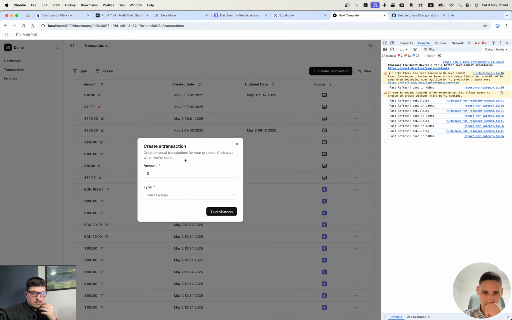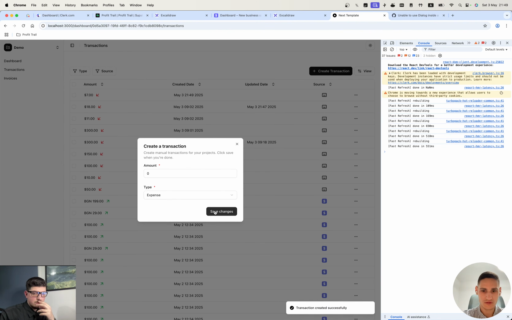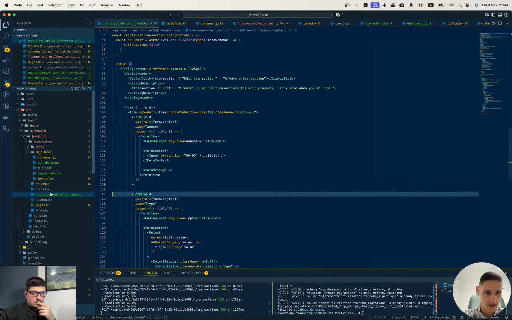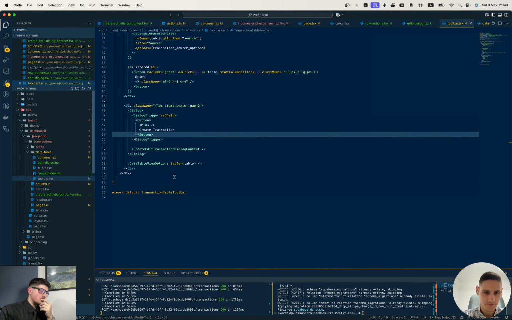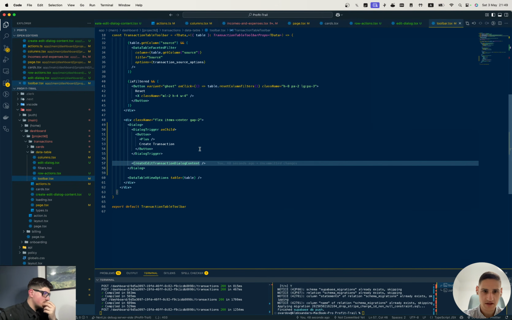So we can create a transaction which will be a $7 expense. We have to close the modal as well here, so we can pass